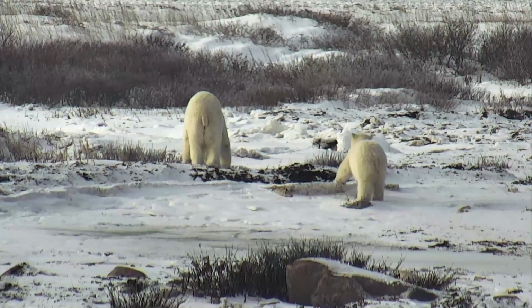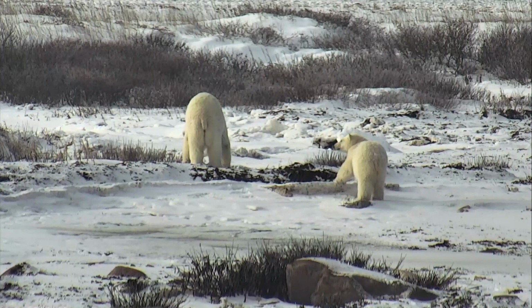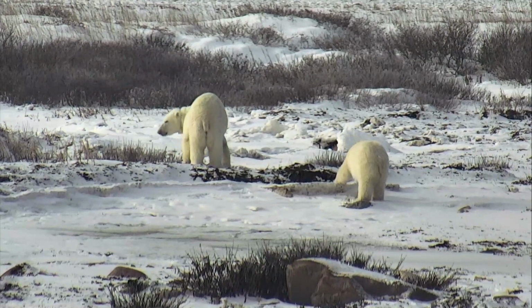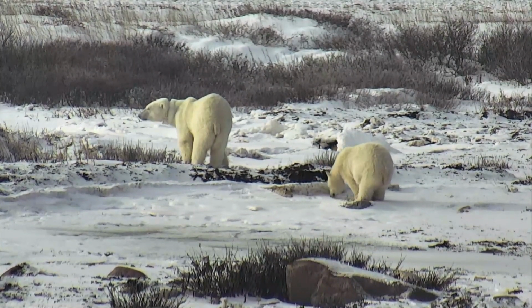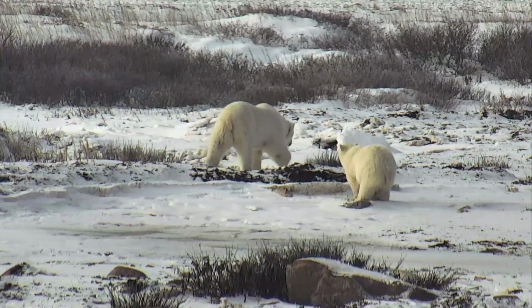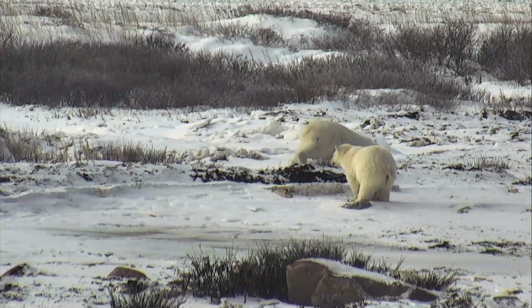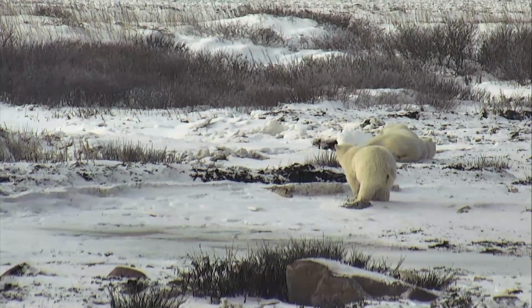Yeah, cubs are really hard. The first couple of years, the male and female cubs will grow at the same rate, so there's no real size difference between males and females as cubs, which makes it hard to distinguish them. So sometimes, if you see them go pee or something, you might be able to get a chance to...